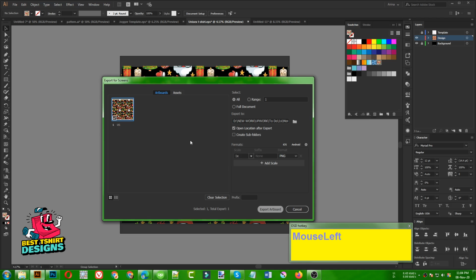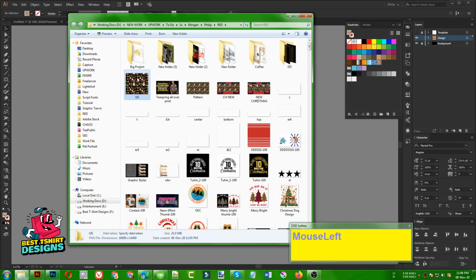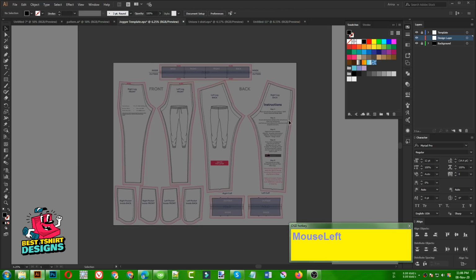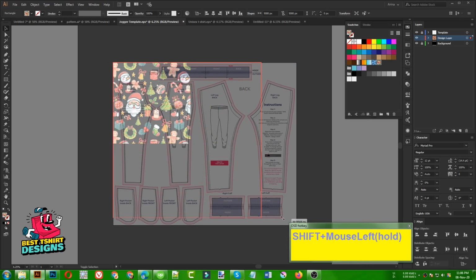Once our design is exporting, it is going to take some time, guys. Okay, so as you can see, our unisex t-shirt pattern is now exported. So let's select this rectangle from here, copy this one, then I'm going to make it for the joggers. If I paste it here like this, it is going to bring me that same pattern for this, and I just need to align that with my, okay, let's just do it